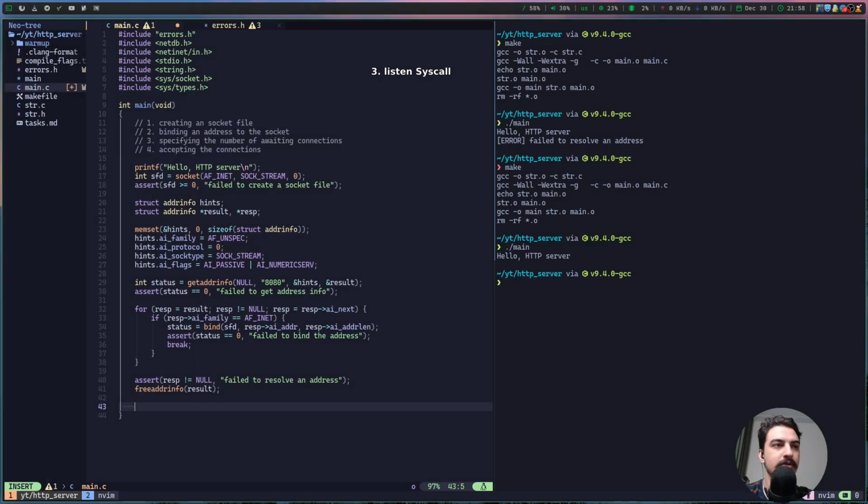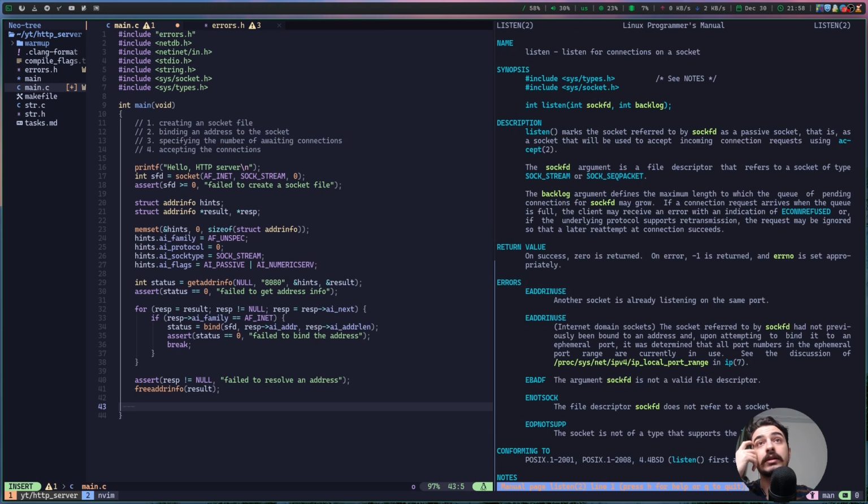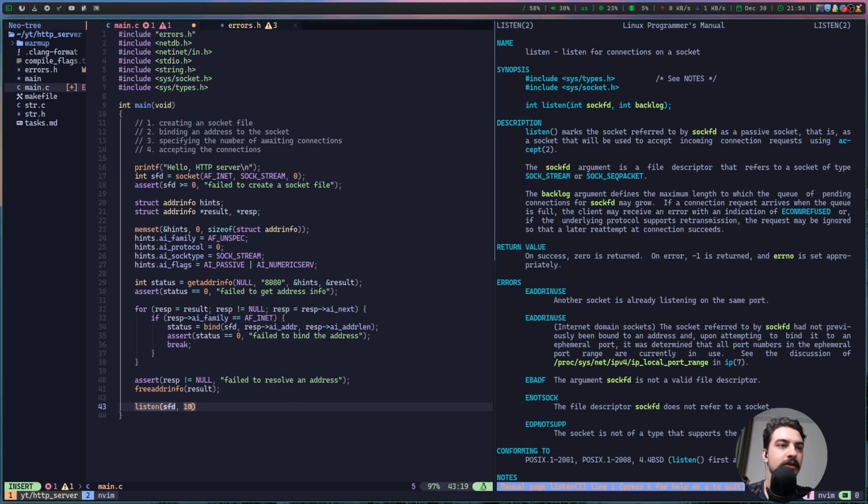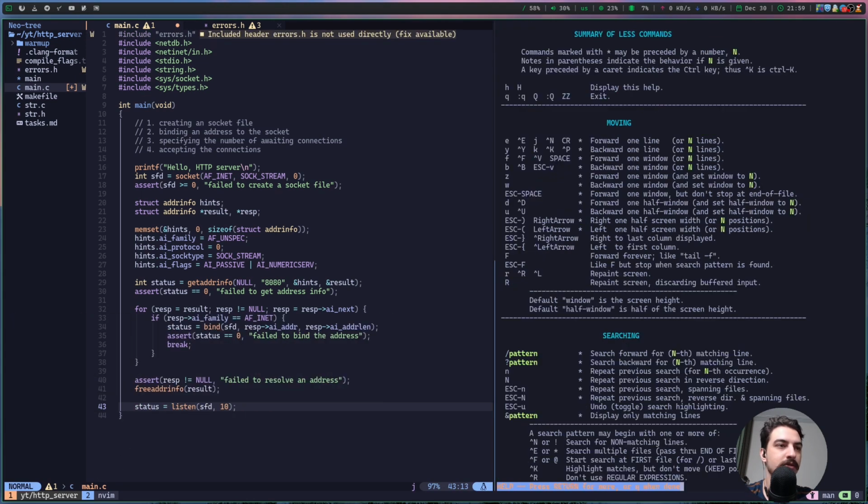The third step is to call the listen API. The listen API is very simple. It just takes the socket file descriptor and the backlog that shows the number of connections that can be awaited for handling. So we can call listen here for the socket file descriptor, and say 10 connections can be accepted. Status and